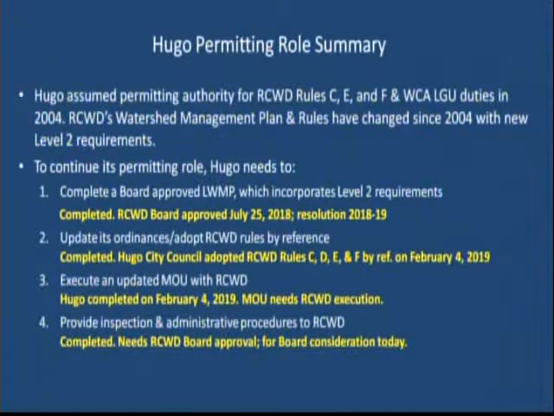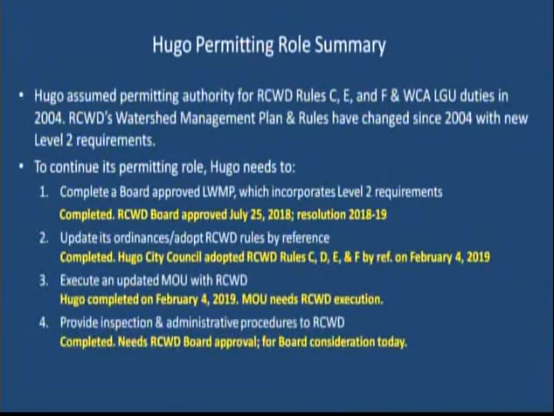City of Hugo assumed sole permitting authority for the district rules C, E, F, and Wetland Conservation Act LGU duties in 2004. The district's rules and requirements have changed. Requirements for communities wishing to assume permitting authority have changed since 2004, and so the city of Hugo had to meet additional requirements. For the city to continue its permitting role, Hugo only needed to complete 4 steps, which are